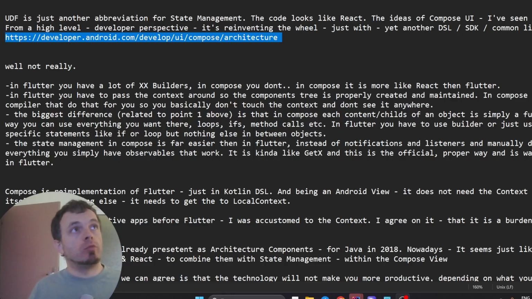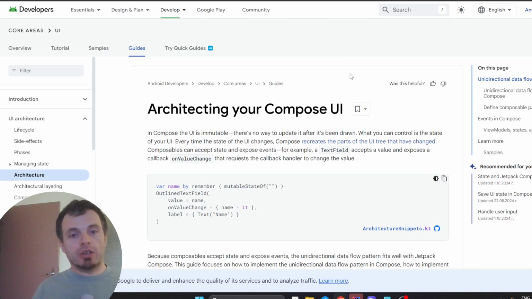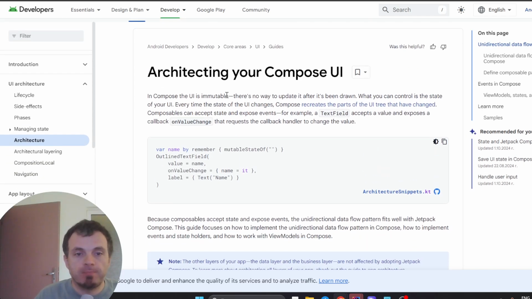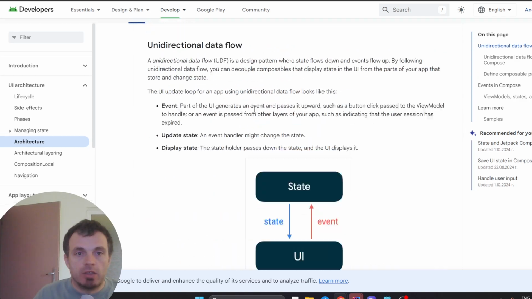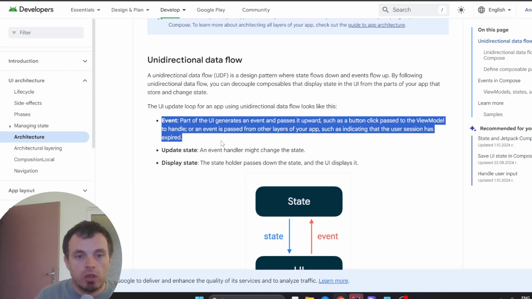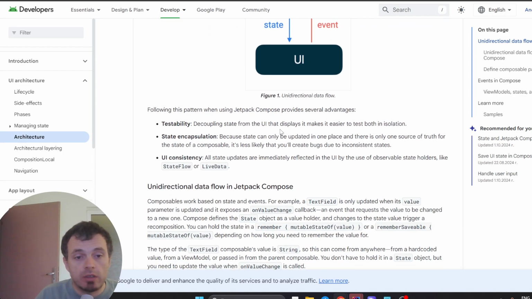Tumavele from programtom.com/dev here, and in a recent post on LinkedIn where I shared this URL, architecting your Compose UI, I found this unidirectional data flow with display state and events that update the state, very similar to how things are done